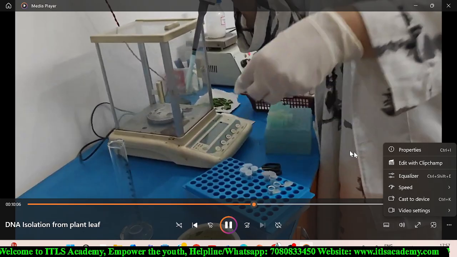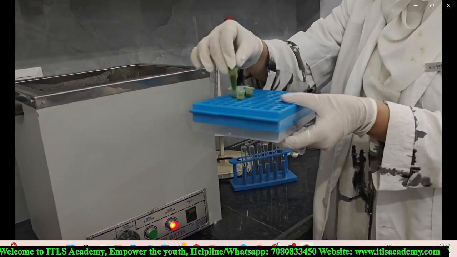ऊपर से हमने अपना सैंपल लोड कर लिया है। अब इसको हम लोग 10 मिनट के लिए वाटर बाथ में रखेंगे इंक्यूबेट होने के लिए 63 डिग्री सेल्सियस पे। ये हमारा सैंपल है जो कि एपन ड्रॉप में ट्रांसफर हो चुका है।